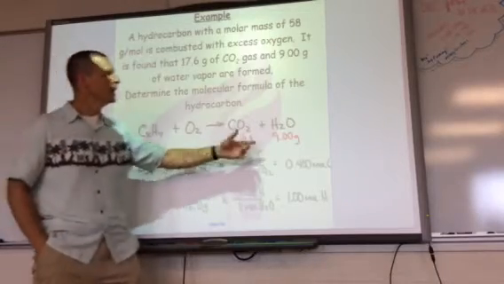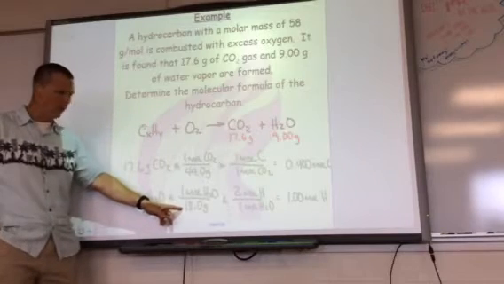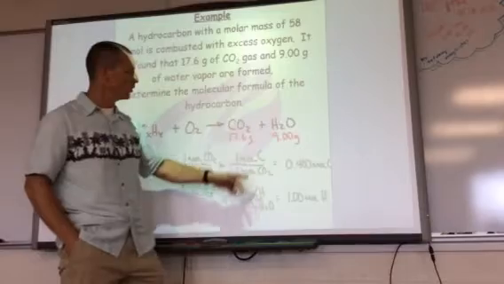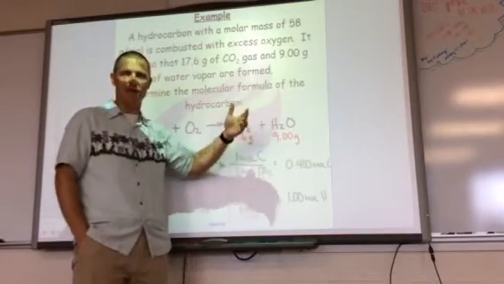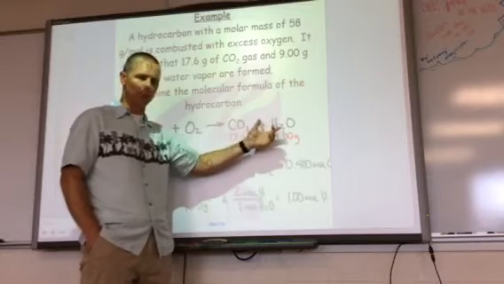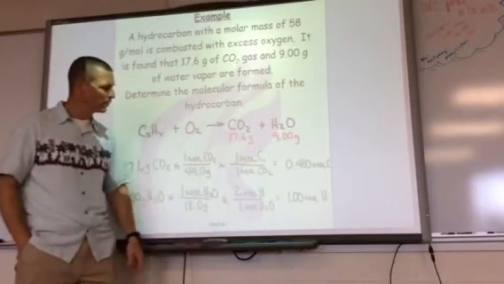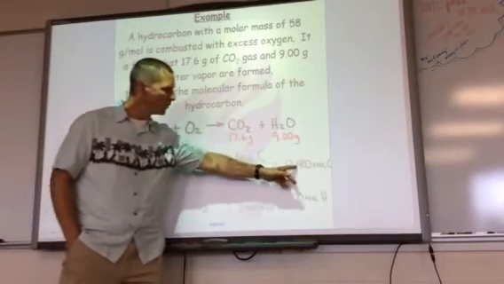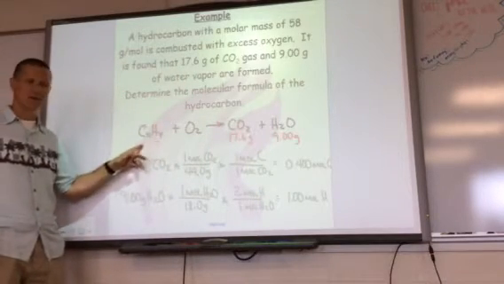Same thing for hydrogen. We had started with 9 grams of water. We converted that to moles. It's a half a mole of water, 9 divided by 18. But then every water molecule has 2 hydrogens in it. Be careful of that. Don't assume that the moles of the compound are the same as every element in there. There's 2 H's in every one molecule. So 2 moles of hydrogen atoms in every 1 mole of water. That means that as there were 0.4 moles of carbon, there was 1.0 moles of hydrogen that we started with